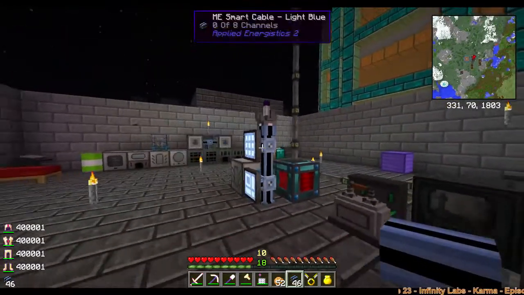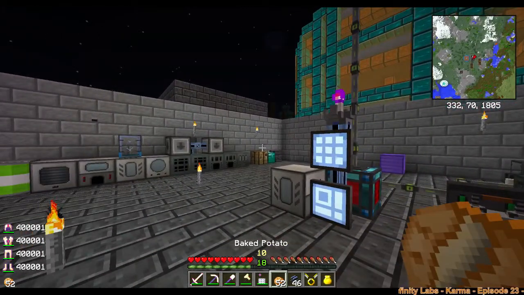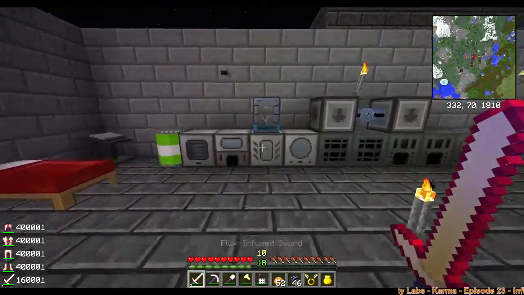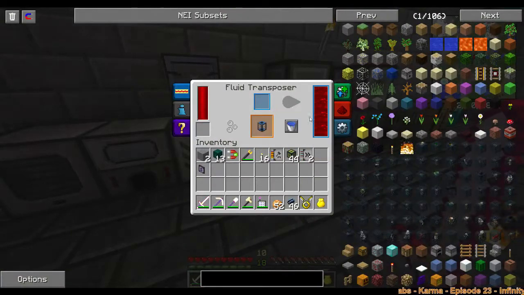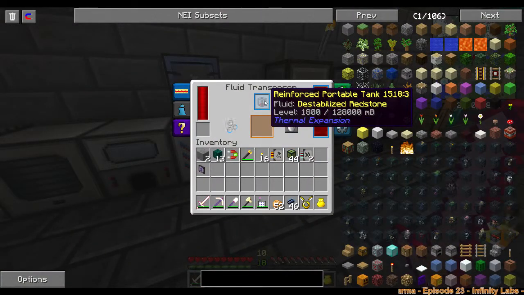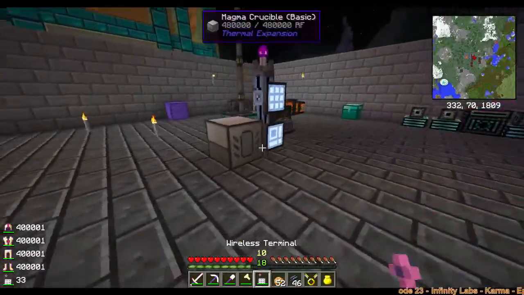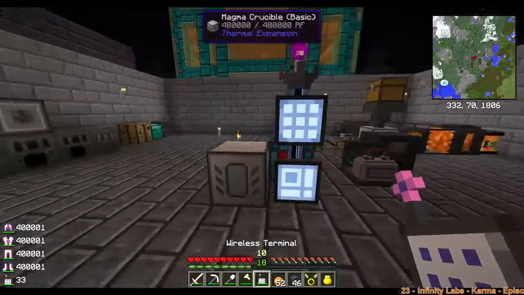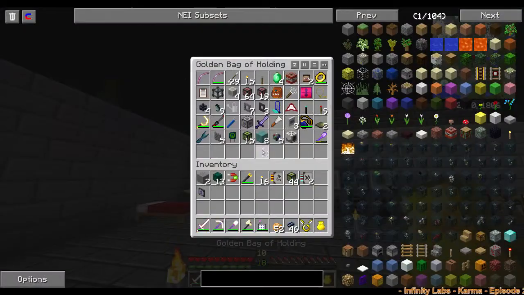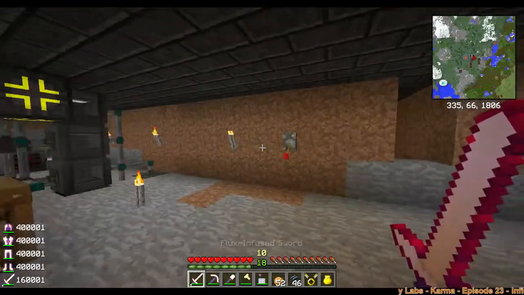Yes, I know there is an update that allows it to work. I think, and I intentionally didn't download it because I'm pretty sure I need to be on the next version of Applied Energistics for that to happen. That was weird. Let's pull this out of here. We don't need that anymore. So, still waiting on fluid cells and stuff like that to actually work with our liquids. Still,